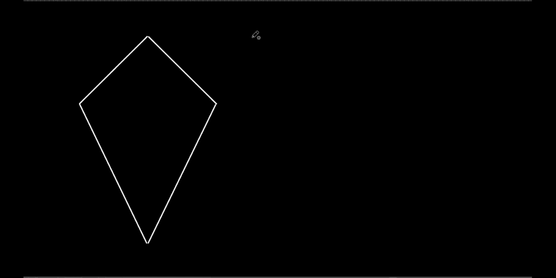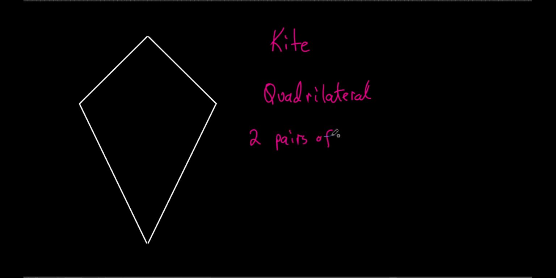Let's talk about what a kite is. First of all, a kite, let's write it down first of all. Kite. It's a quadrilateral. Now, I am going to write this down. It's a quadrilateral. Don't worry about the lines in the middle. I'm not even going to deal with those right now. We will later on. So what's it got? It's got two pairs of equal, and here's a word that we started this class off with, consecutive sides,